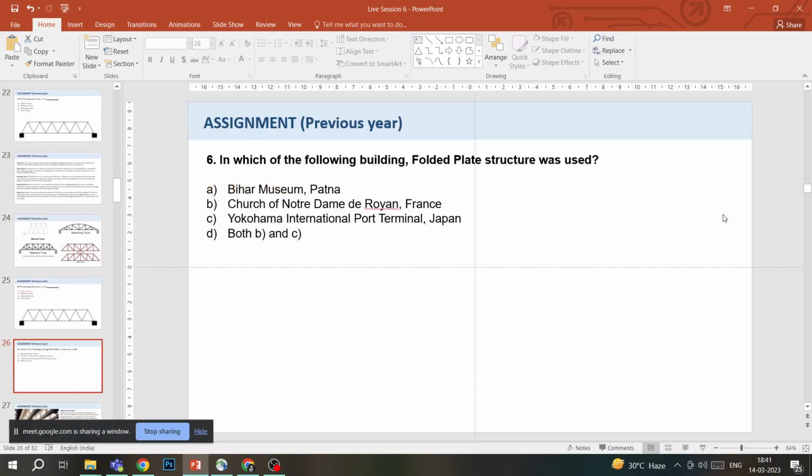Question number 6. In which of the following buildings was folded plate structure used? Bihar Museum, Patna, Church of Notre Dame de Royan, France, Yokohama International Port Terminal, Japan, and both B and C. So to be able to answer this question,